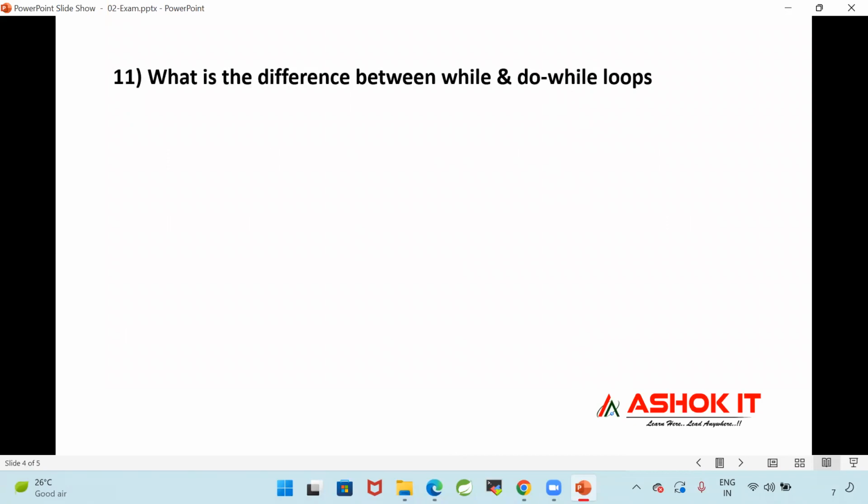What is the difference between while loop and do while loop? You need to write along with syntax. Write it along with the syntax as well.